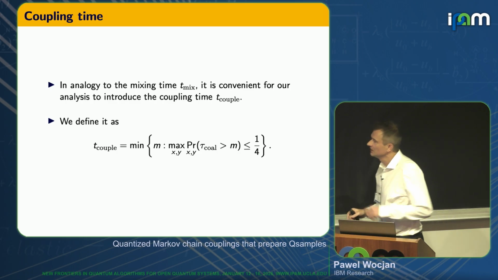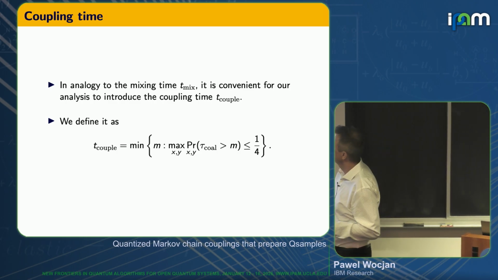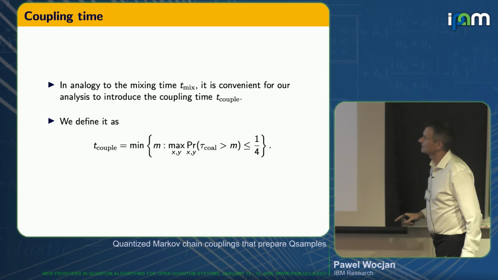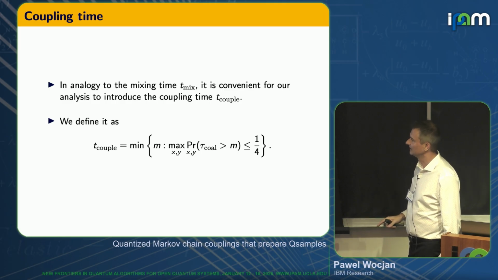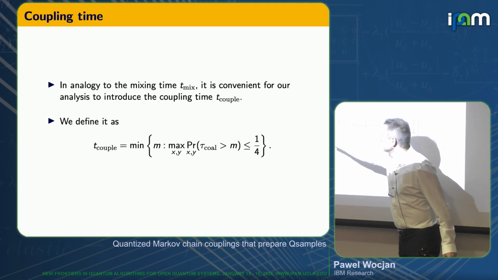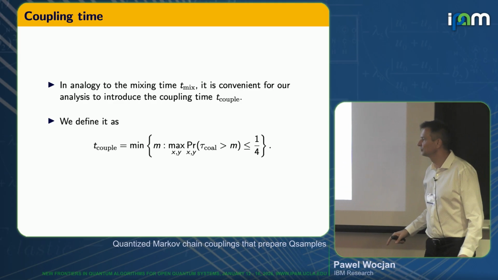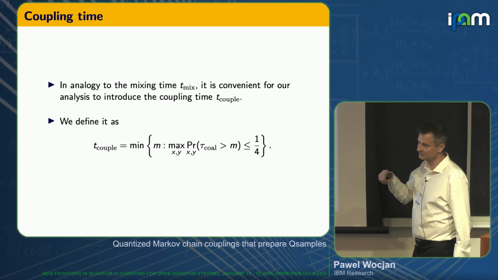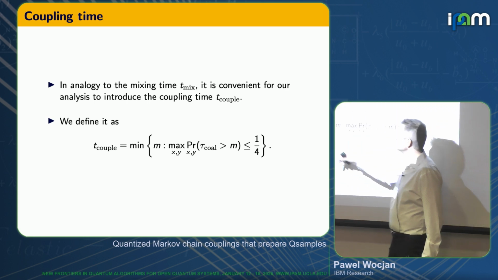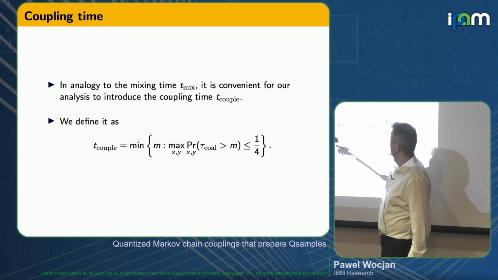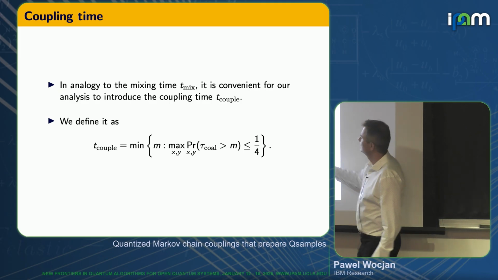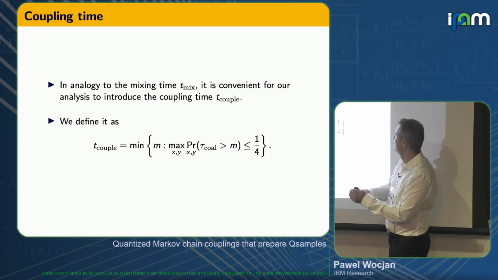Okay, so what Kristen and I did is, in analogy to the mixing time, it is convenient for our analysis to introduce something called the coupling time. This is very much related to this random variable that I called tau, but let's not worry about this. So this T couple is the smallest m such that the probability that they have not come together is